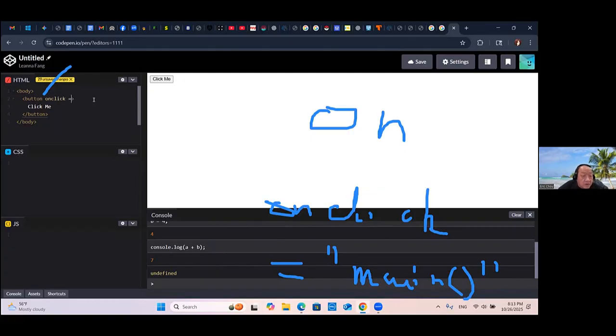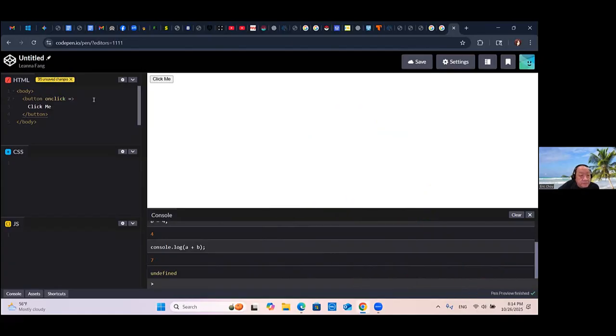On means when you click, equals, not minus. Main function equals main function, it still looks like it's a minus. It's not minus, it's actually equals. But I put equals. Okay, your equals, okay. Main function means double quote main